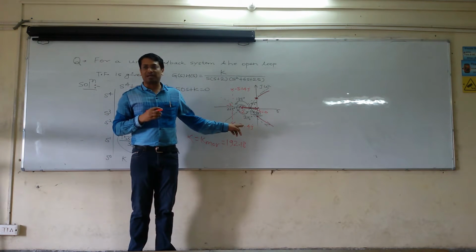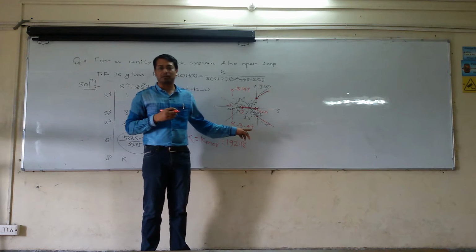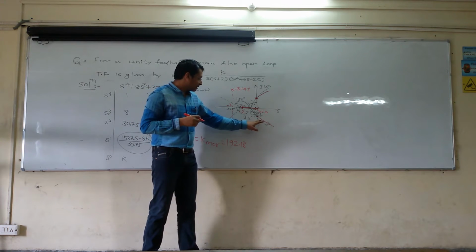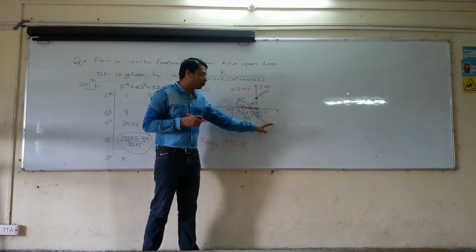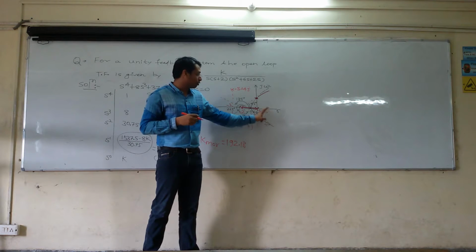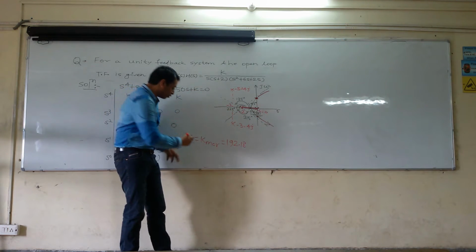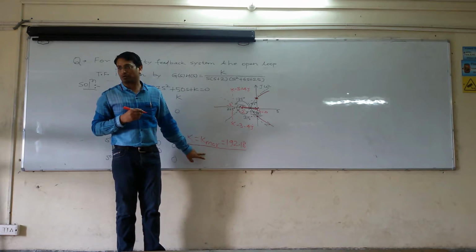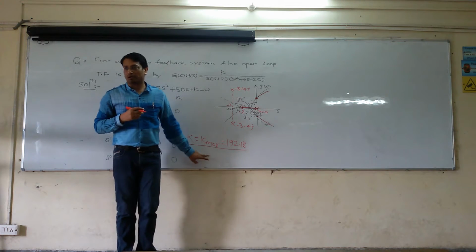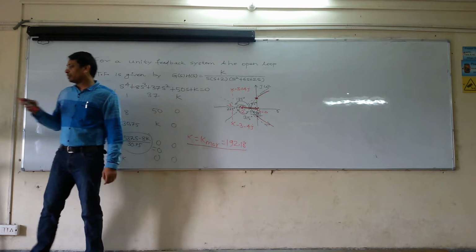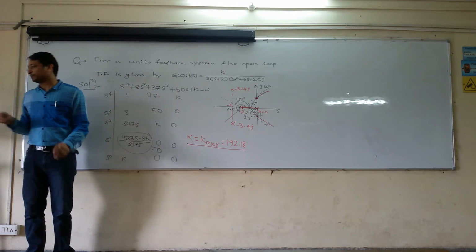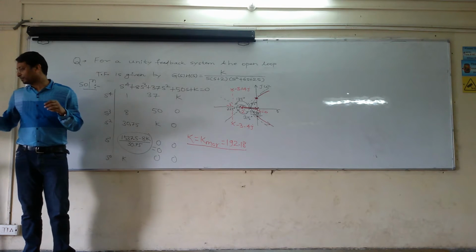What does the root locus signify? It signifies the roots of your characteristic equation, or the poles of your closed loop system. So if for any value of k this jumps into the positive half of the s plane, your system will become unstable. So you can say this is the value of k which corresponds to the marginal value, the value at which your system just becomes unstable. Okay, correct?